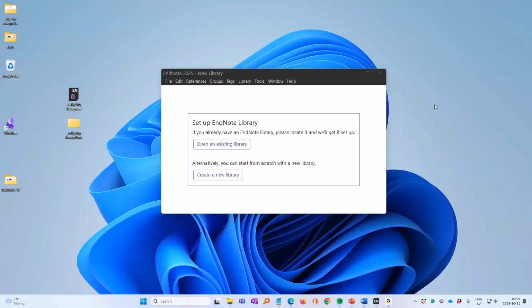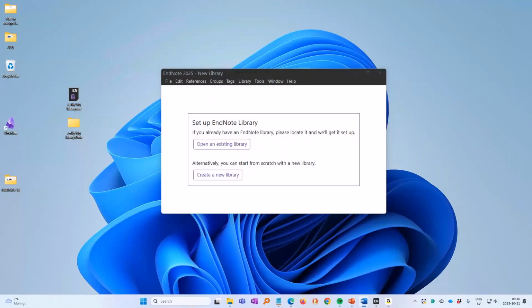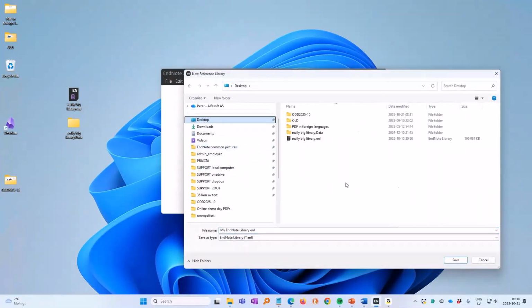So when you start EndNote, you want to start, well, you might say you want to start the correct way. The first thing is to create a new library, which is quite easy. You just create a new library, and EndNote always asks you where to save your library. That's the first thing to remember. You can call it whatever you want. I'm going to call it today's date and demo day,